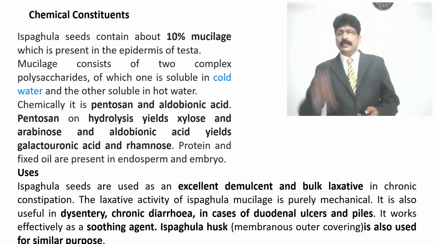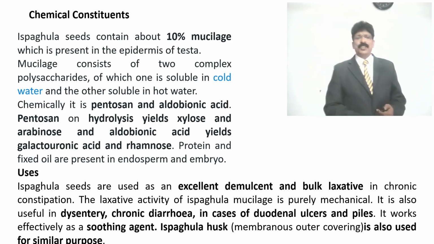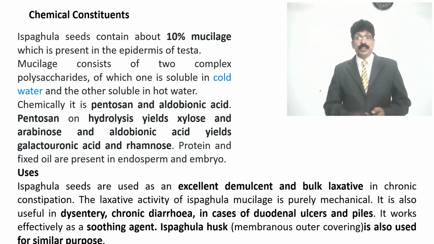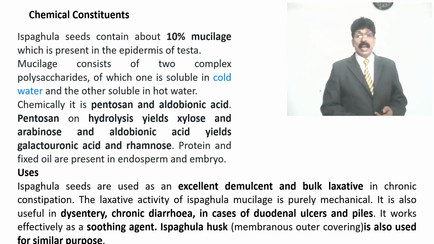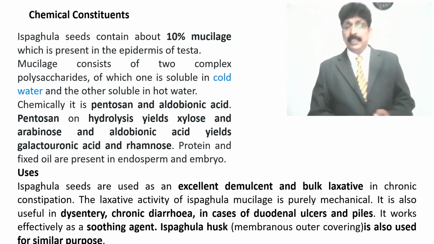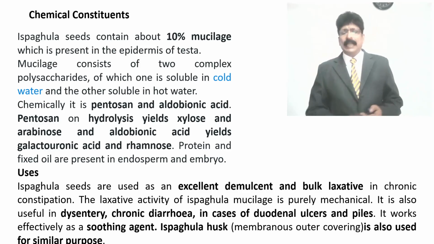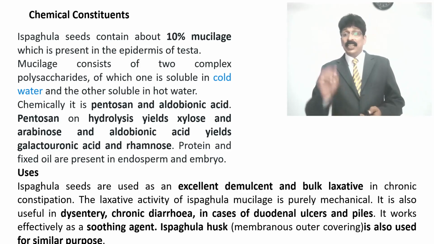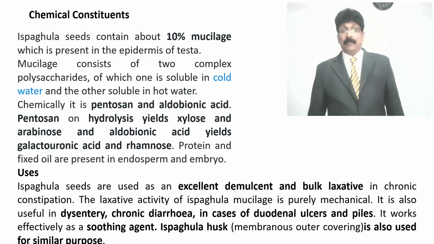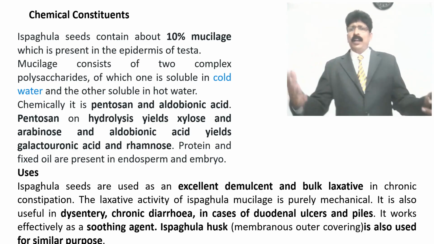In chronic constipation, it is used as a bulk laxative. The laxative activity of Ispaghula mucilage is purely mechanical. It is also useful in dysentery in some cases. How? It is used for